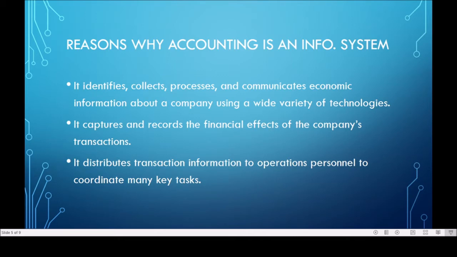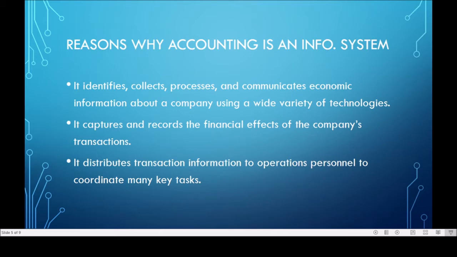Second, it captures and records the financial effects of the company's transactions. Considering that this is accounting, it is a way of recording, okay, that is still an information system. Take note, we cannot process inputs or the raw facts without recording them. Okay, take note, the recording phase of accounting is the process in order for us to come up with the